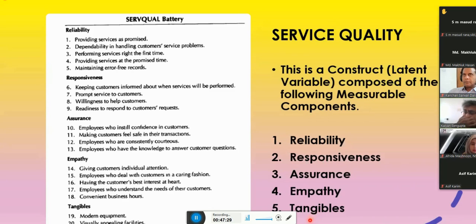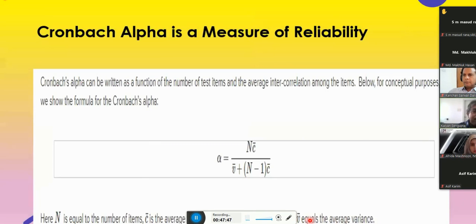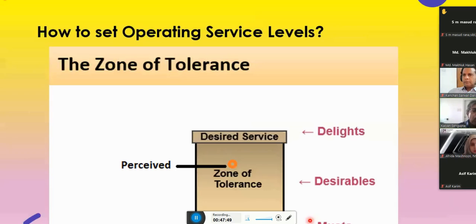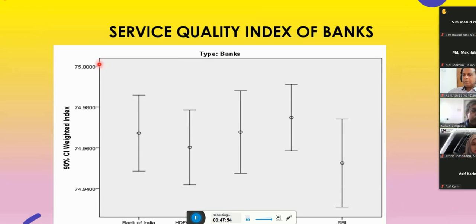If you ask me how to calculate the weighted averages, I'll tell you in another lecture. Only if you show the interest, I will respond.